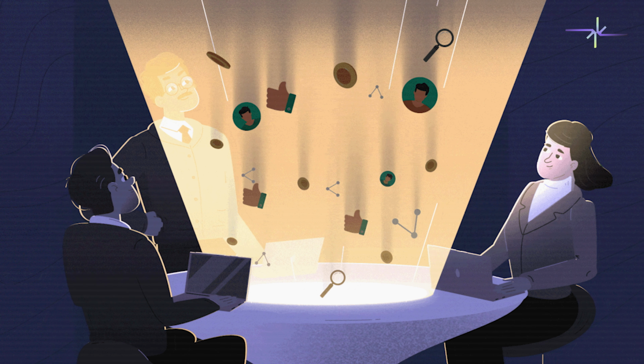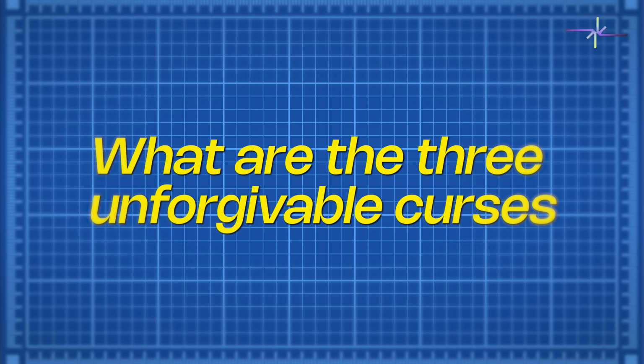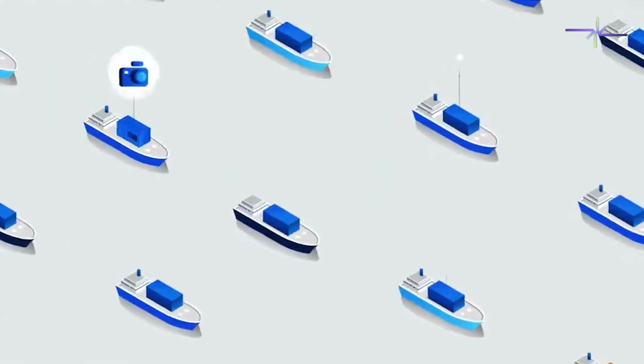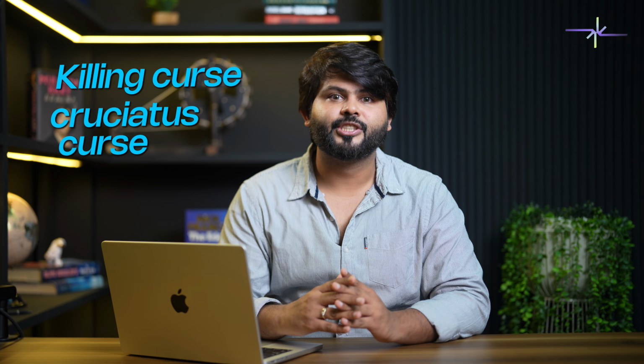Now, the system is live. A user comes along and asks a question: What are the 3 unforgivable curses? First, the user's question is also converted into a vector using the same embedding model. It gets its own meaning coordinate. The retriever takes this question vector and goes to the vector database. It performs a similarity search, looking for the text chunks whose vectors are closest to the question's vector. In our example, it instantly finds the paragraphs from the books that explicitly describe the killing curse, the Cruciatus curse,